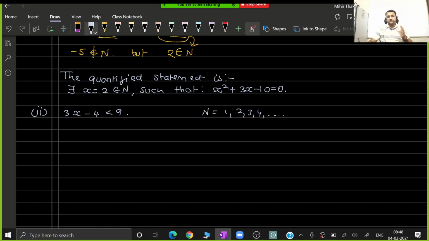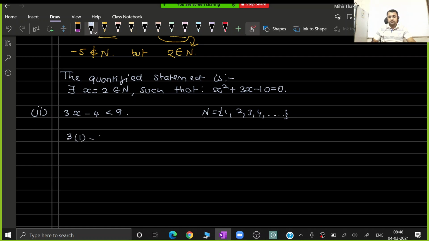So one by one we will substitute the value of x in this particular given condition, and I will check if the answer comes out to be lesser than 9. If all natural numbers satisfy the condition, then I will be using the for all condition or the universal condition. If only a few natural numbers satisfy this condition, then we have to use the existential quantifier or the there exist quantifier. So let us check. So I will get over here